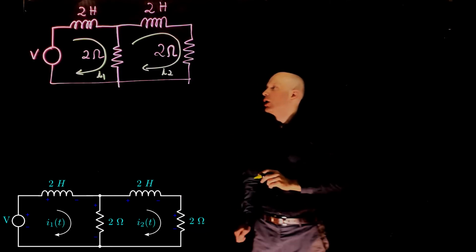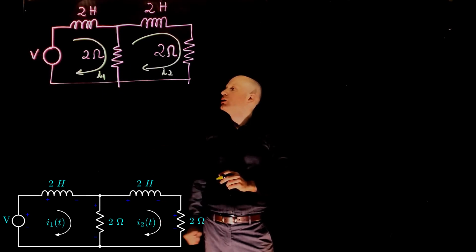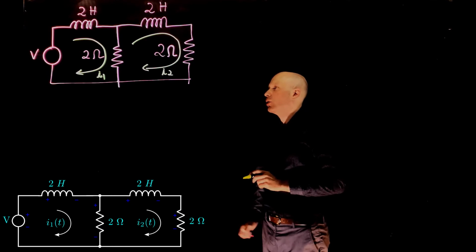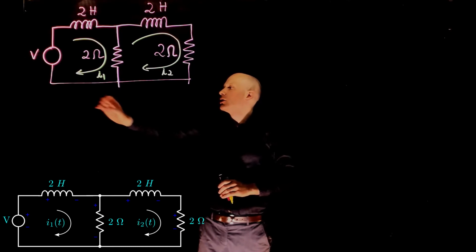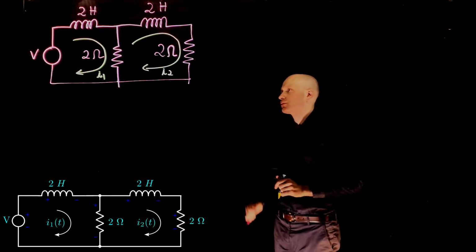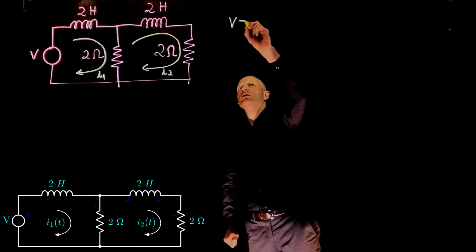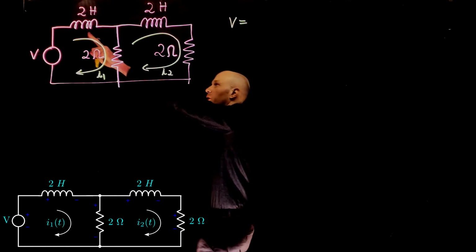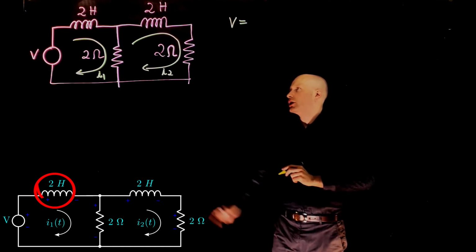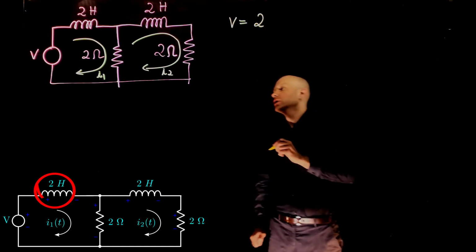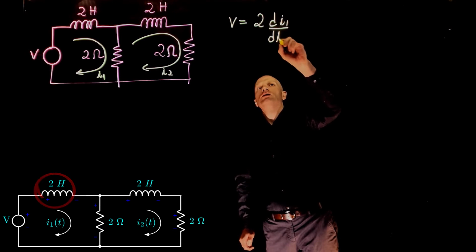If you first look at loop 1, if we now add all voltages in loop 1, the result, the sum, needs to be 0. Or, in other words, the voltage drop across the inductor and the resistor equals the input voltage V. We can write V equals to the voltage drop across the inductor, which is the inductance times the derivative of the current. The inductance in this case is 2 Henry times the derivative of the current di1/dt